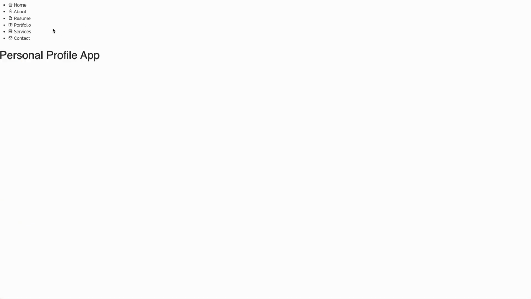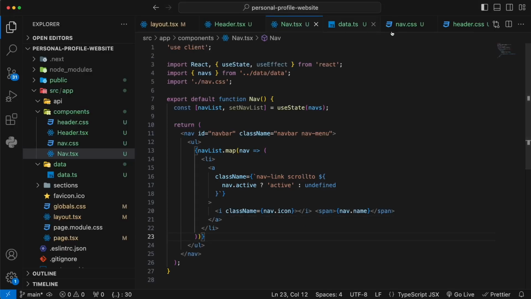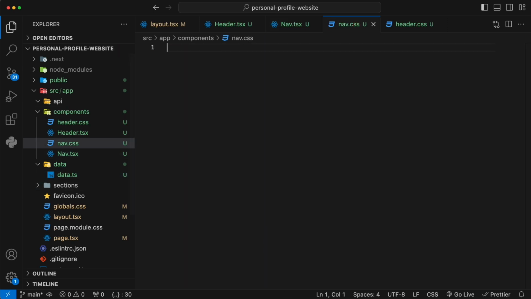As you can see in our current project, all the navigation icons and names have been successfully loaded, except we haven't done the styling for it. So our next job is going to be closing the data file, and I will share the data file at the end in the description link, so you don't have to worry about it. In the navigation CSS, what I'm going to do is copy and paste in the styling for it and